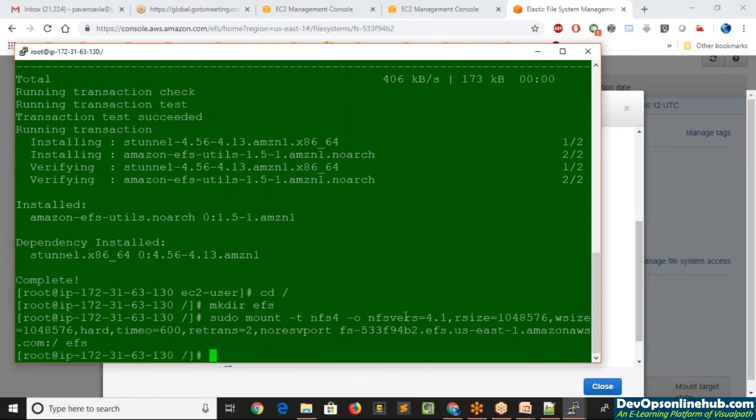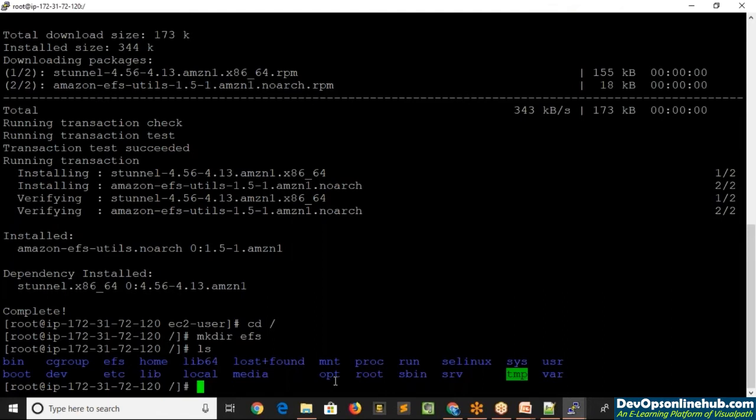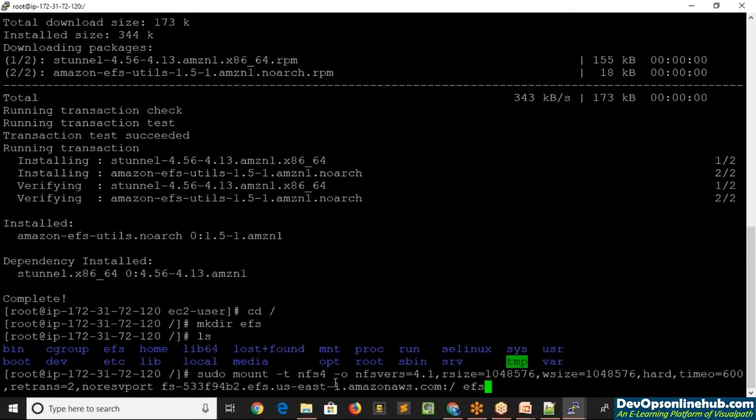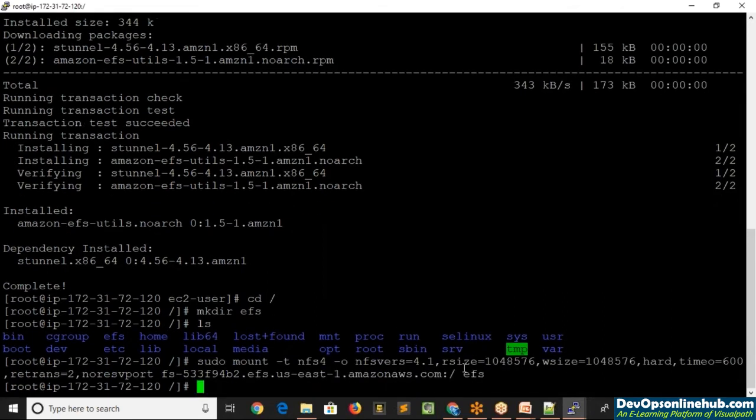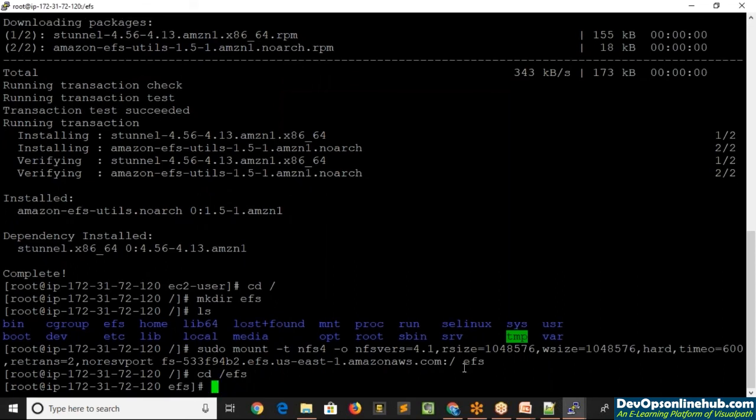Right, so it is mounted successfully in the green box. And now let's go to the black box and run the same command. So there we go. In the black box also it has run successfully. So quickly what we'll do is we'll go inside this directory, that is /EFS. So now that we have actually mounted it, we'll go inside the EFS directory and start adding the files.